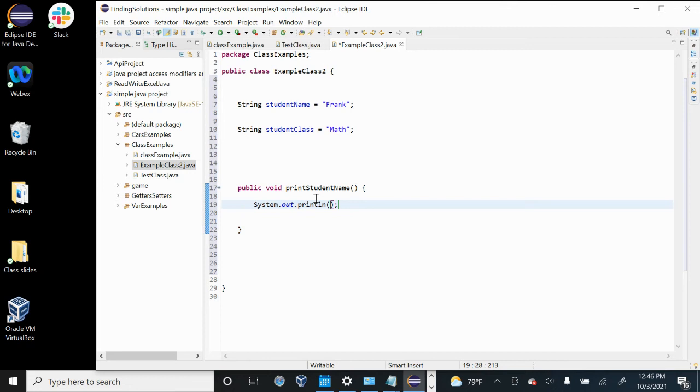All strings have to go inside of double quotes, guys. That's just the rules. So the name of student that belongs to example class 2 is,